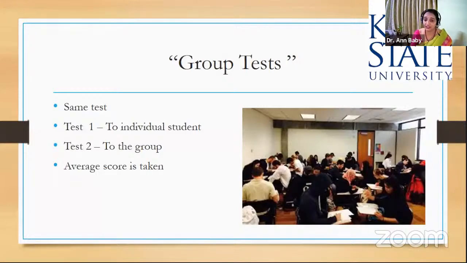Then, with the same set of questions, you make the students sit in groups and attempt it again. Imagine each group has 5 students; the group mark will be the mark of all these 5 students. And at the end of the day, for that particular assessment, you take the average score. It might be a bit difficult for us Indian teachers to digest group marks and taking the average. But this is what is followed in Kent State University for some of their courses.